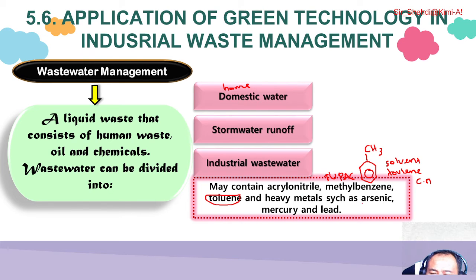Heavy metals: arsenic, As. Okay. Mercury, Hg, and lead is your plumbum, Pb. Okay, because when we study heavy metals, these are the examples: arsenic, mercury, lead, and I think another one is zinc, as a heavy metal. Okay,